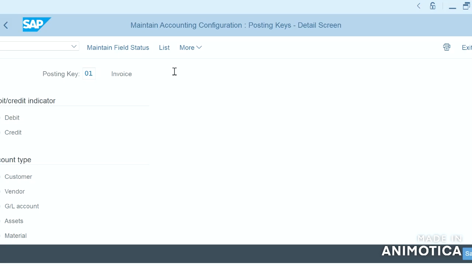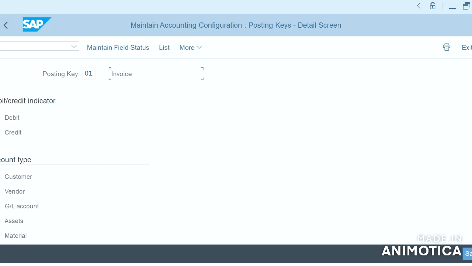It determines the account type to post, that means whether the amount should be posted on the debit side or the credit side, and also what kind of account type it is, whether customer, vendor, GL account, assets or material.